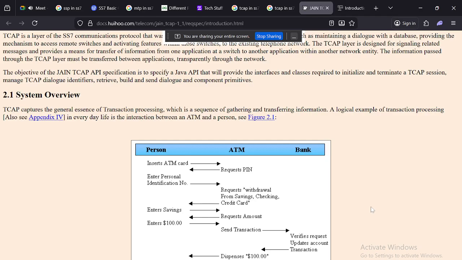TCAP provides crucial services that also store databases and lookups, such as services where it parses dialed numbers. So if you break into any type of ATM, it will automatically dial 100 to the cops, and the database does it automatically. It supports remote operations, and it also provides the capability for one network to remotely invoke operations at another location.